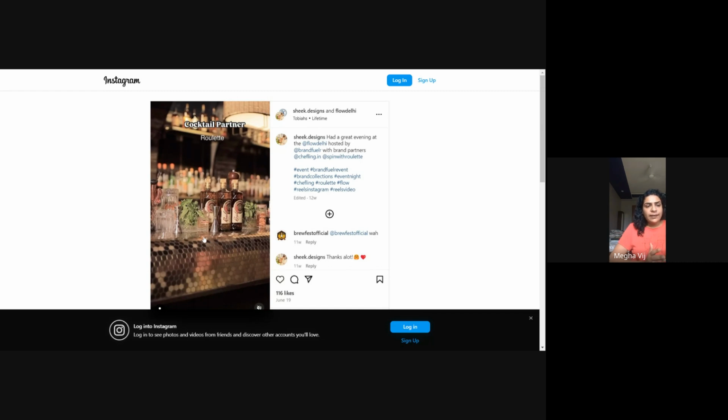So this was an event that we did at Flow, which is in Promenade. It's a very established bar in Promenade. It's one of the biggest breweries in Delhi. And we hosted a cocktail tasting in partnership with Chefling, where again we did a workshop for enchilada making. And there was also food from the venue. So it was practically a party. And Rule was our partner. So Rule wanted to promote its unpeated whiskey. So we did a whiskey tasting, and we also had a cocktail making session.